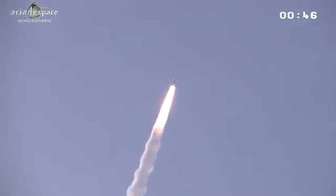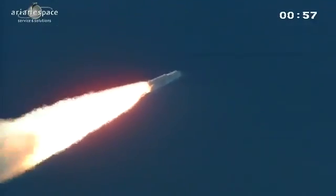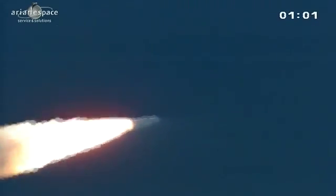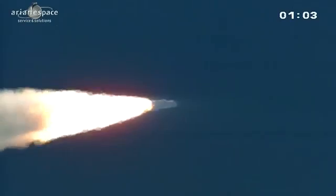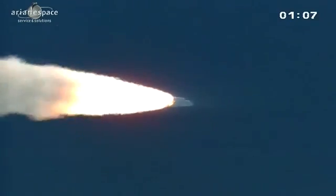Beautiful, beautiful daytime shots, which we don't always get, of Ariane roaring off the pad into the sky over French Guiana. The DDO is saying all is nominal, all is okay. On board at 17:54 local time, and right on time, she took off, lifting off from the ground with Intelsat and Hylas 2. These shots are always impressive for the people at the observation posts around the site, which are